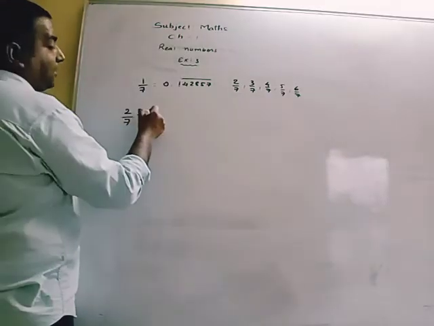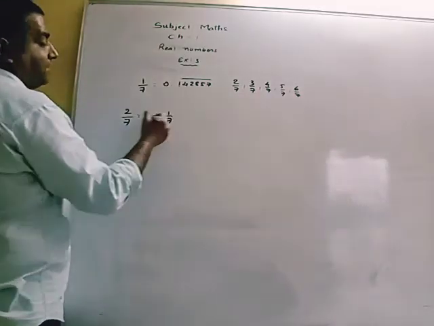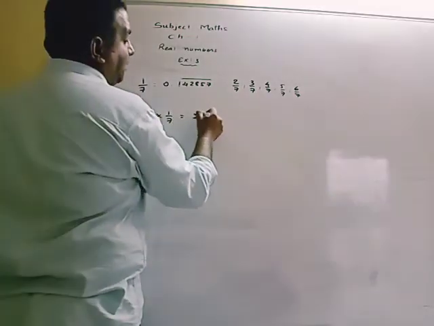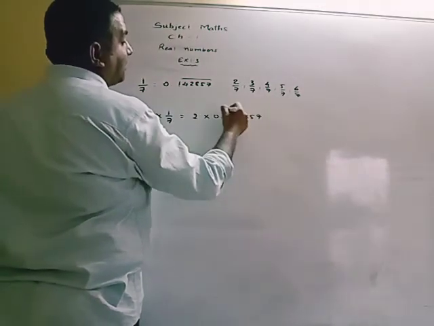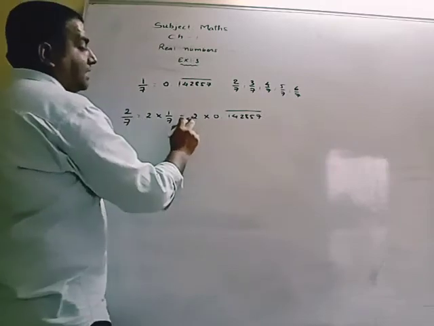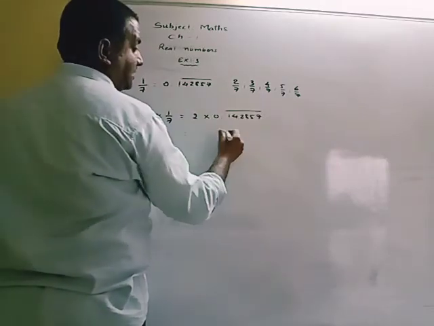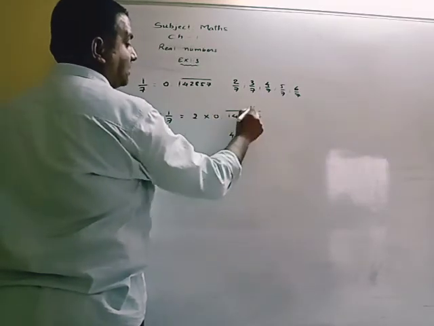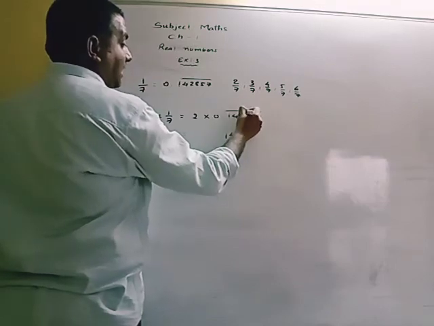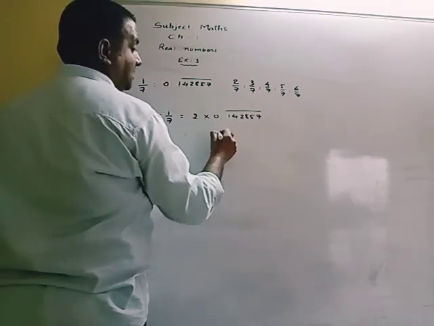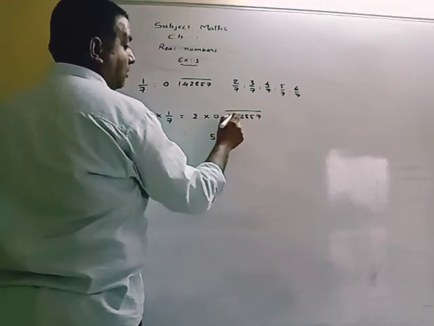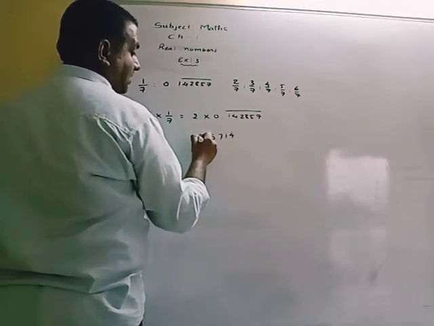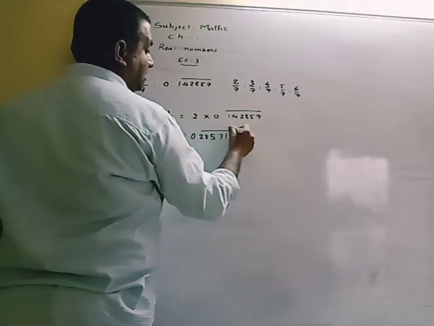We can write 2 multiplied by 1 by 7. That means 2 multiplied by 0.142857 bar. So its multiplication will be: 2 7s are 14, carry 1, 2 5s are 10 and 1 is 11, carry 1, 2 8s are 16, 1 is 17, carry 1, 2 2s are 4 and 1 is 5, 2 4s are 8, 2 1s are 2, and so it is